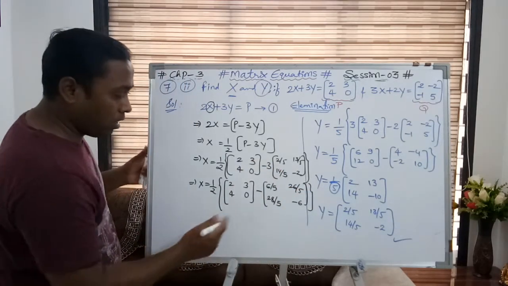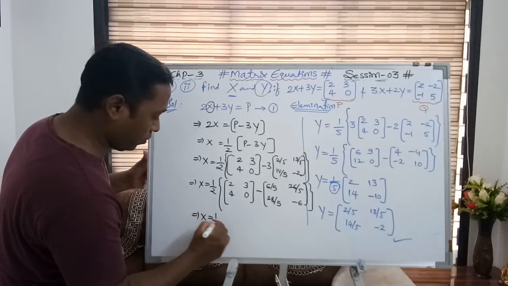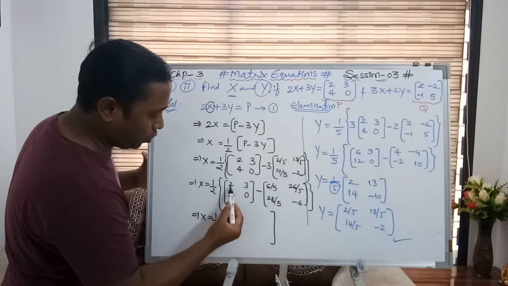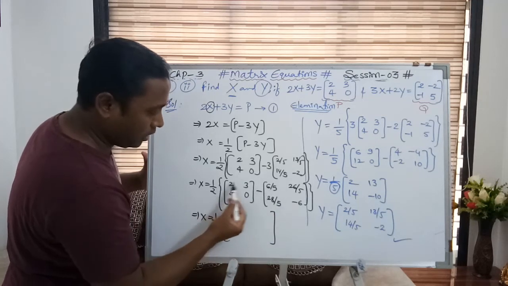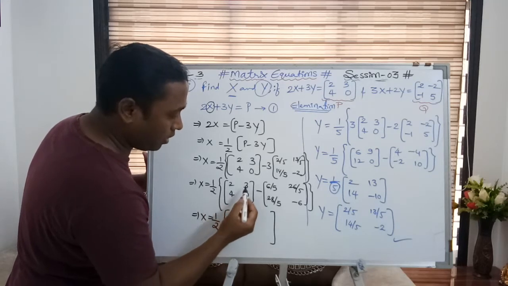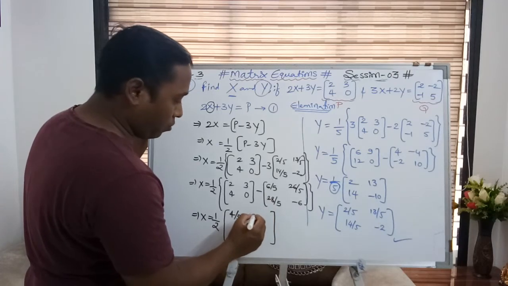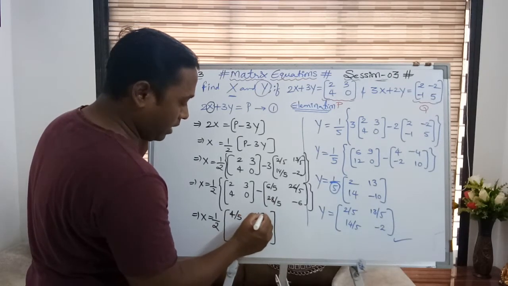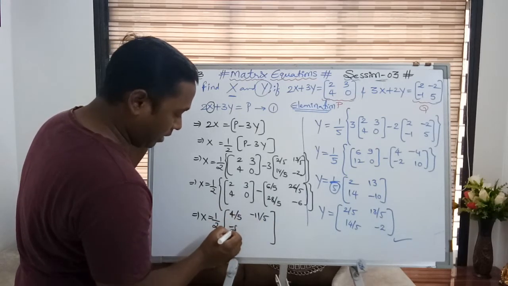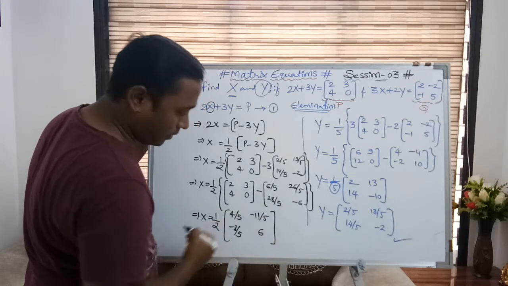Okay, close. Now we need to subtract these two. So x is equal to half of, what you will get here while doing the simplification, 2 minus 6 by 5, 10 minus 6, 4 by 5, 3 minus this, so 5 3s are 15, so 15 subtracted, so here 11 minus 11 upon 5, 4 minus this, 20 minus 8, minus 8 by 5, 0 minus of minus 6 plus 6.